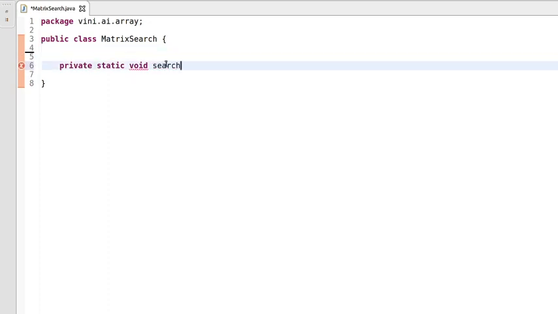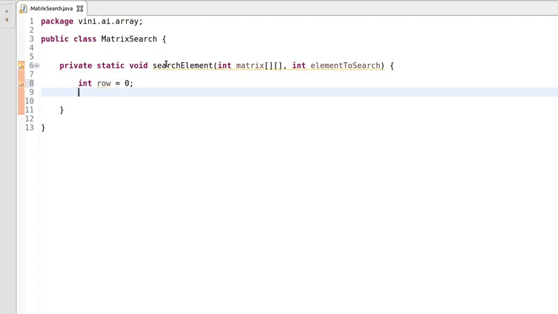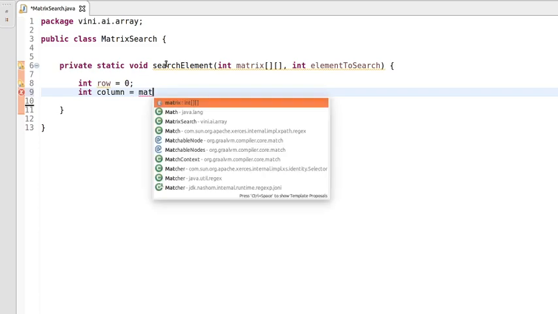Our method name will be searchElement, and we will be passing the matrix and the element to search. As I told, we will be using the pointer approach, where one pointer is the row, pointing to the first index of the row, and another is the column, pointing to the last index of the matrix.